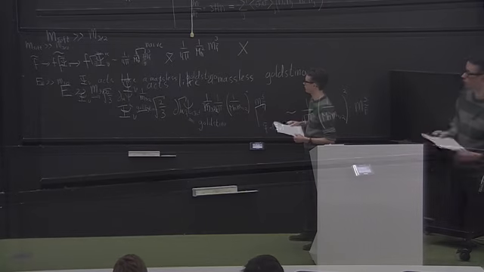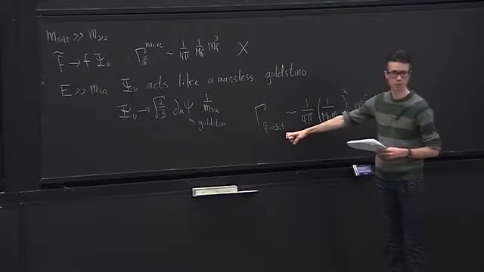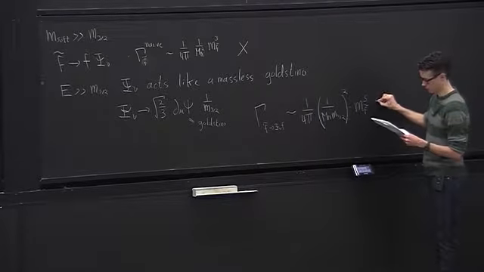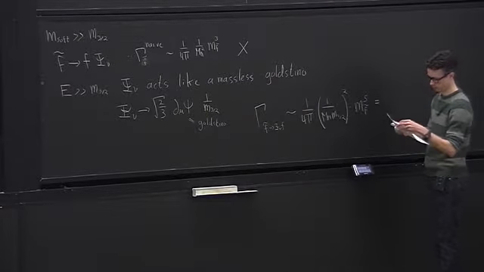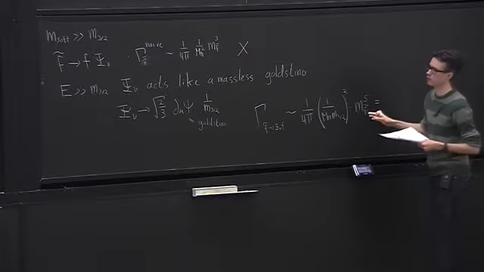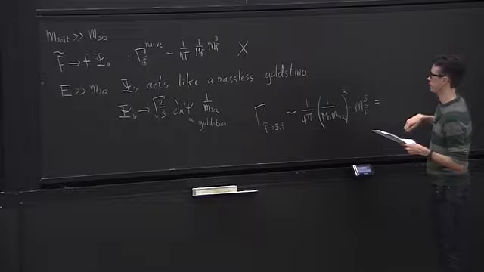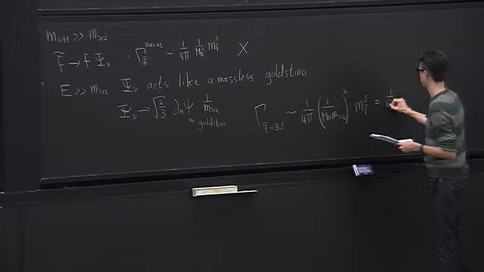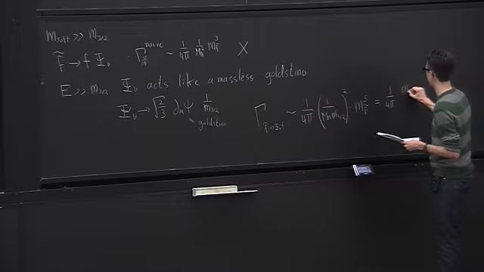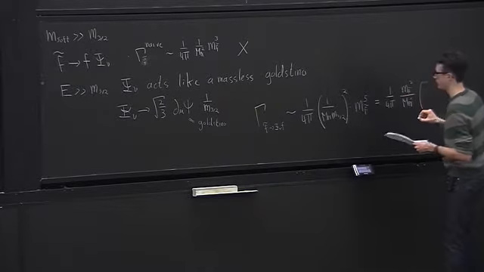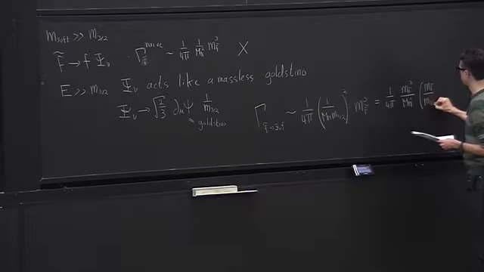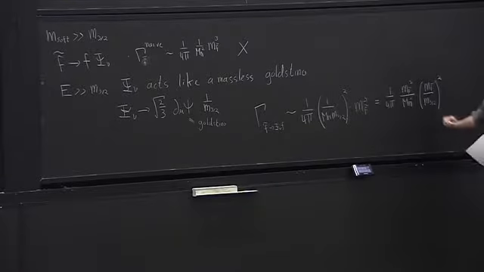So it turns out that the decay width for a superpartner going into a lighter gravitino and a standard model partner actually gets enhanced. So I can rewrite this result as my naive result plus an enhancement factor. So I still have a 1 over m Planck squared here, and I have my m f tilde cubed over m Planck squared. But I also have an enhancement factor by m f tilde over m3 halves squared. So the extra enhancement